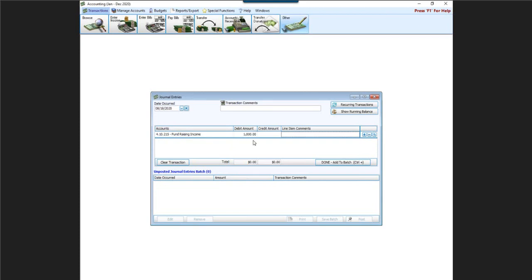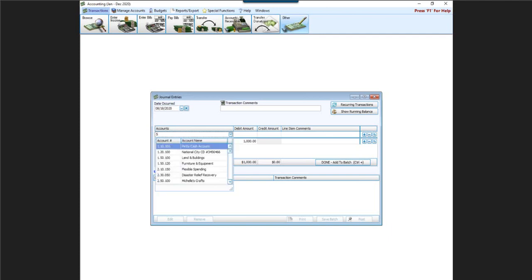And then we're going to click the plus sign over here to the right or tab over, and then we're going to choose our fundraising income, okay? And then the other account is going to be our 520, 100, our building fund expense. So that's where we originally spent that money when we bought the new noodle making machine. Okay, so I choose my building fund expense. I'm going to credit that. Okay, so I put in the same $1,000, enter any desired comments that I'm wanting, and then when I'm ready,